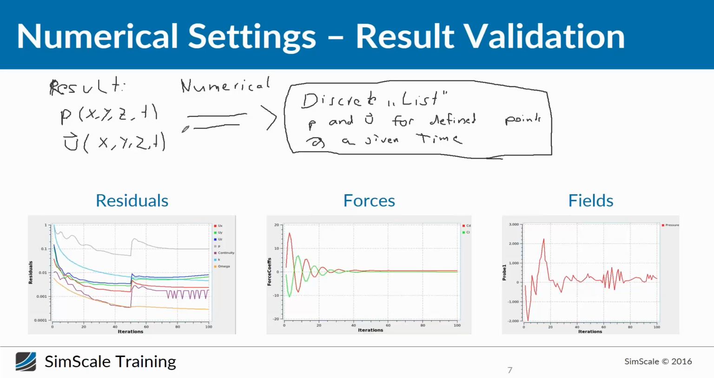Okay, just to summarize what we discussed right now. To describe a fluid flow completely, I would need pressure and velocity for every point for each time step. So I would have an infinite number of values I have to store. If I solve these equations numerically, for example, using a finite volume method, as we use for CFD on SimScale,